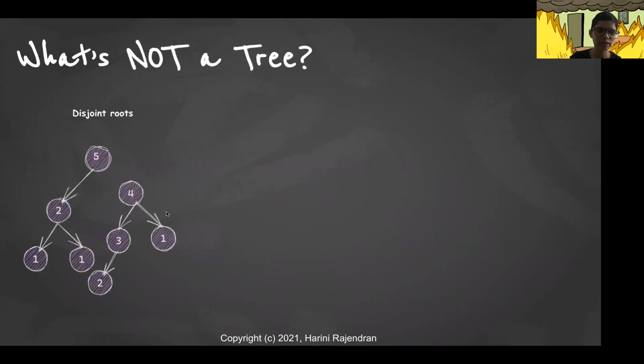So if someone asks, is this data structure called a tree? I would say it's not, because as we see here, there are two disjoint sets of nodes. So we can call it two separate trees, one with 5, 2, 1 and 1, and another tree with 4, 3, 1 and 2. But this whole thing collectively is not a tree because it has two disjoint roots in it.